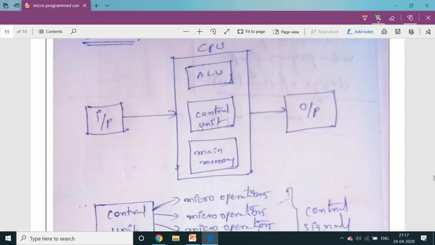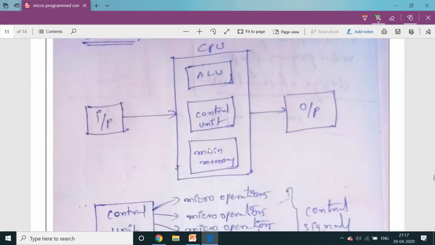The major part of the control unit's work is to generate control signals. We have seen previously only two control signals, read and write. Those are the general signals. What is meant by the read signal? It reads information from various sources. Suppose you want to read some information from the input devices, the data can be read from the input device. At that time, the control unit will generate the read signal.